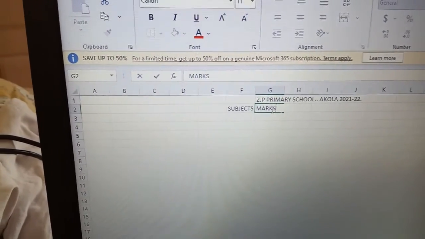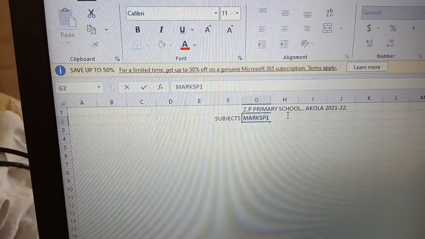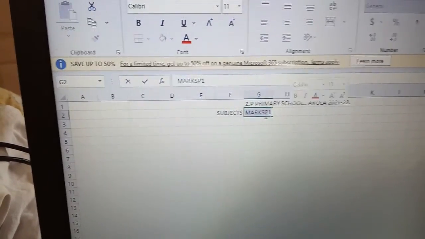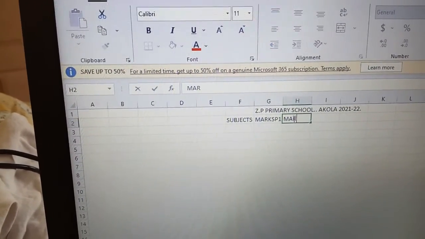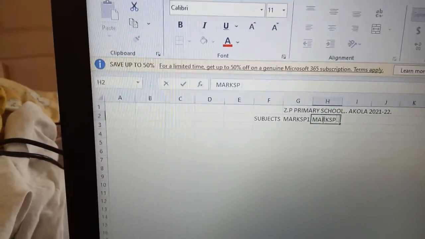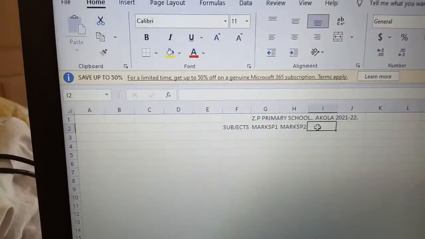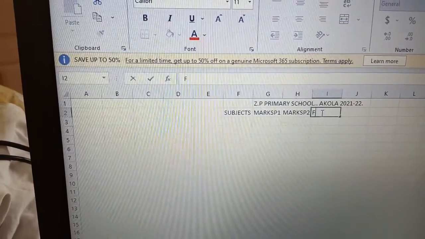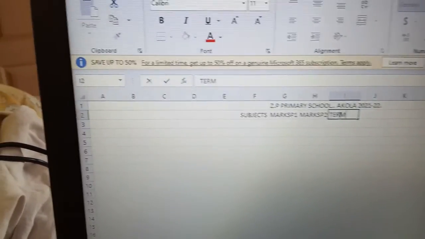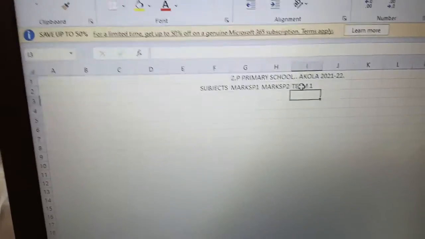So I will write marks of P1 in this box. Okay, so it is done. In another box I will write marks of P2, and here I will write final exam. I will write term 1 only.